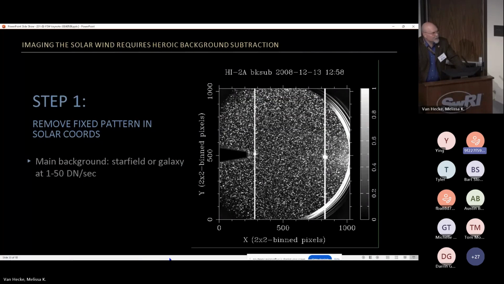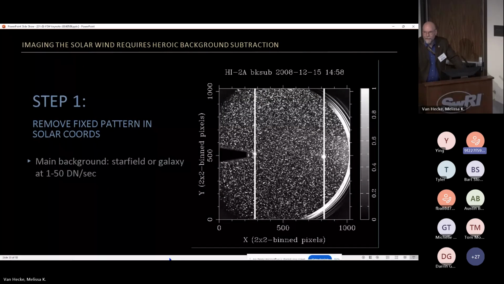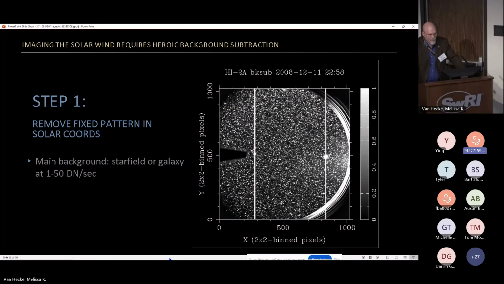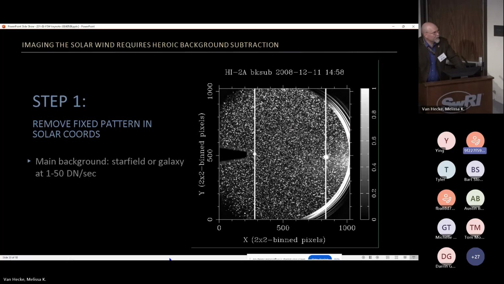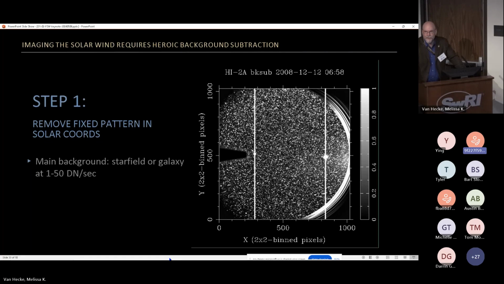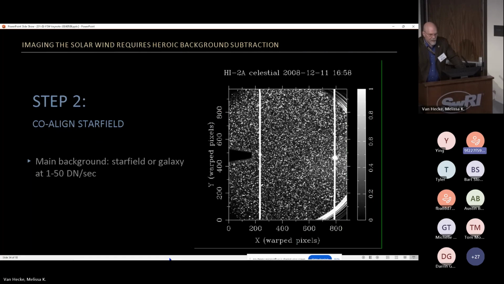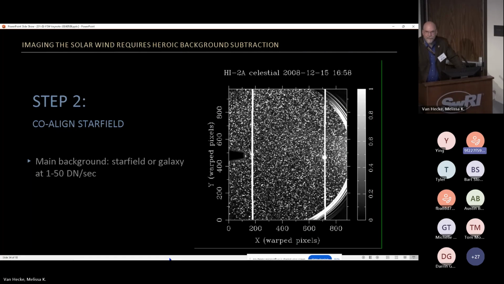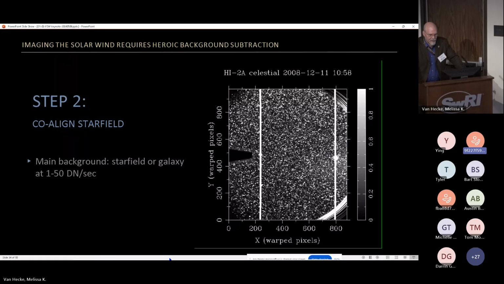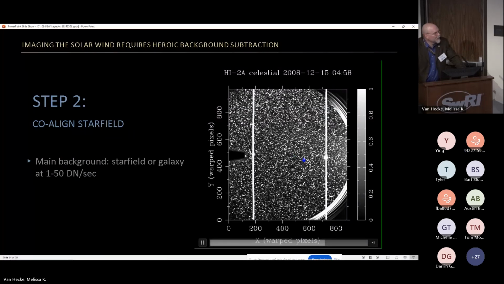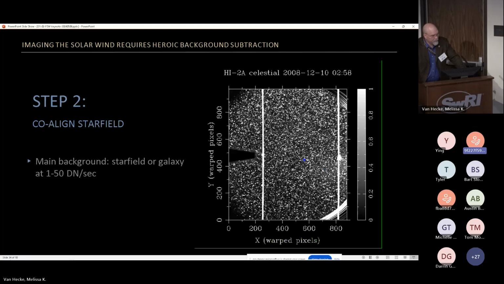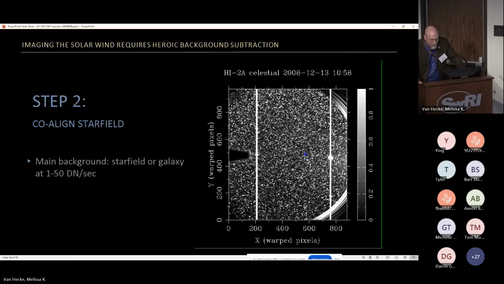So the next thing we have to do is remove the star field. So we can do the same trick. We take this movie, we resample every frame very carefully using photometric resampling to freeze the stars. Okay, now pixels on the detector are moving across the field of view, and the stars themselves are fixed. If you look, I will point it out right around here. There it is. Right above the cursor is the planet Uranus. And you can see as the movie loops around,